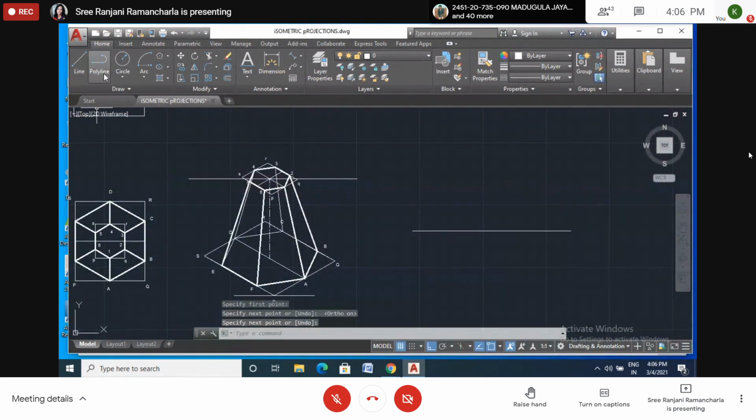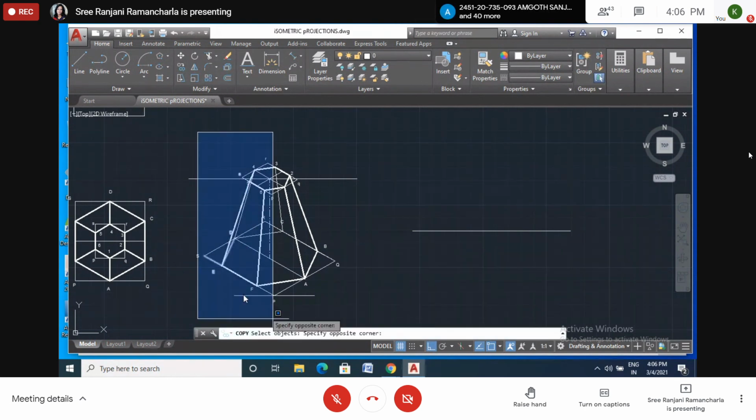Okay. Align. Before align, I have to copy. Copy. I select all figure.